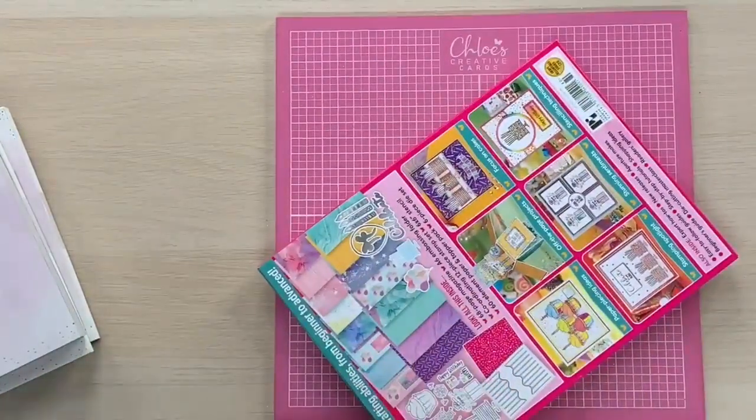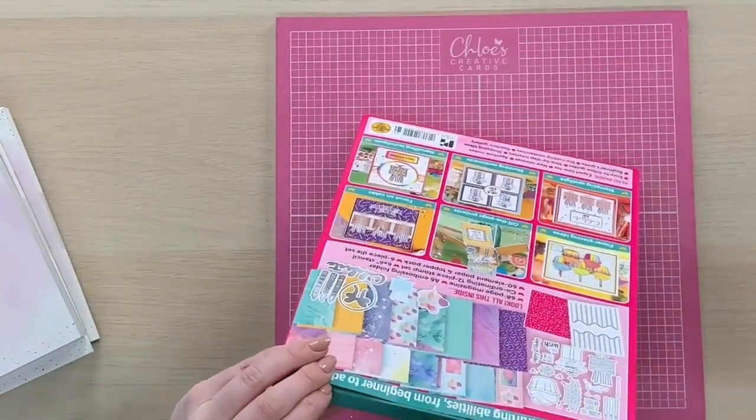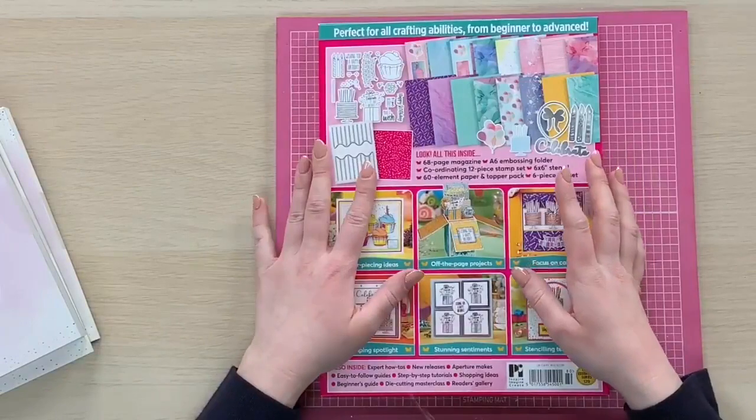I always open mine with a pair of scissors. So I'll just grab some scissors in here, just to cut across that tape on the top. There we go. So if I turn this over on the back of the box kit to start with,